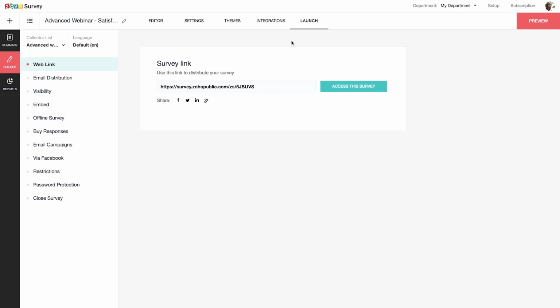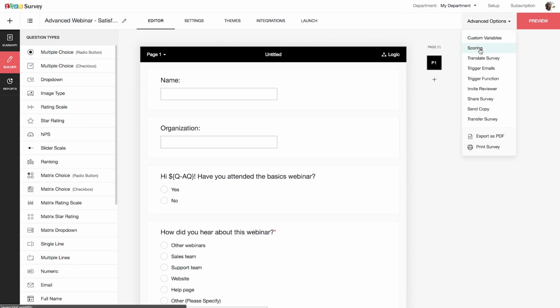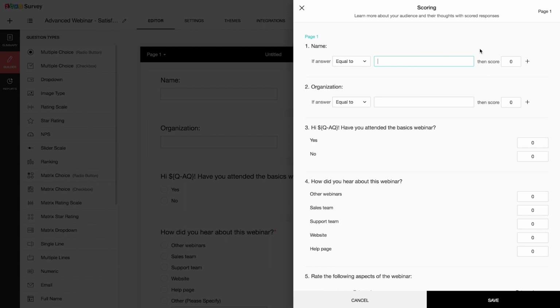And now for the scoring feature. Not all questions in a survey are equally important. Some may be more critical than the others. This is where scoring comes into the picture. It allows you to assign weights or scores to the questions based on their importance to your survey goals. It can also be used if you are making a quiz where you want to easily calculate a score at the end. For my survey, I want to figure out which of my customers are most satisfied and most engaged